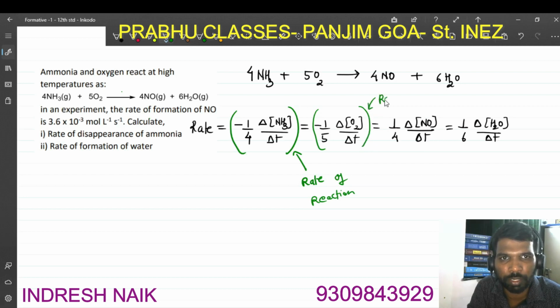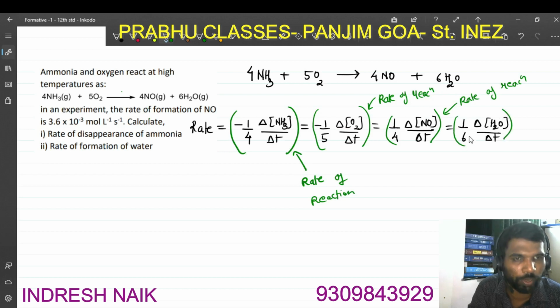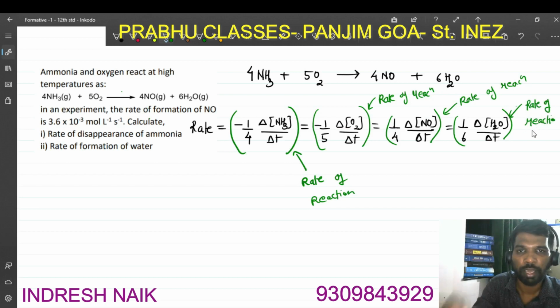This also represents rate of reaction. Also the whole bracket, including the stoichiometric equation, also represents rate of reaction. Also this whole quantity, including those denominators where we have written the stoichiometric coefficient, represents rate of reaction. Understand the difference between rate of reaction and rate of appearance of something and rate of disappearance